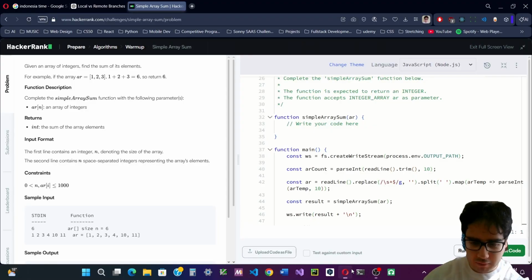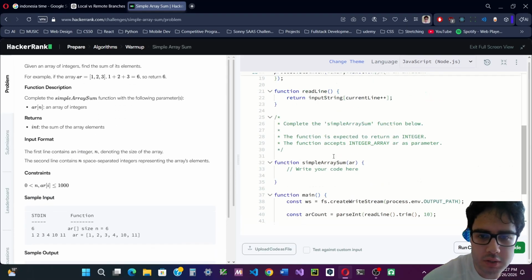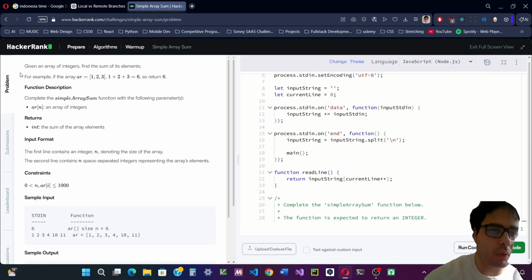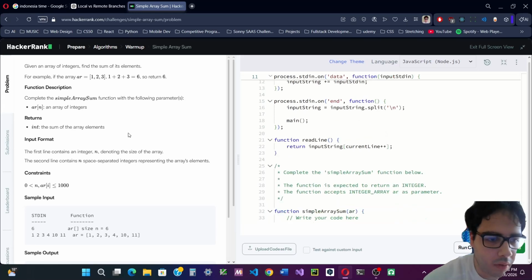It's day 55. So we're gonna try to solve some HackerRank algorithmic questions. First one: given an array of integers, find the sum of its elements. For example, if the array is 1 to 3, return 6. Complete the simple array sum function with the following parameters: ar of n, an array of integers,